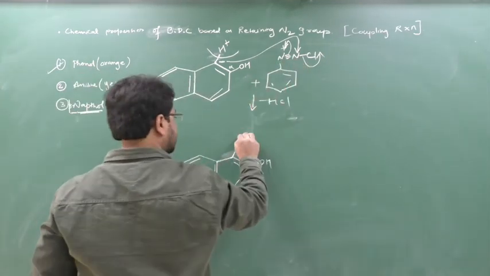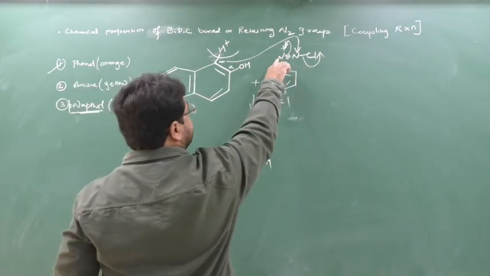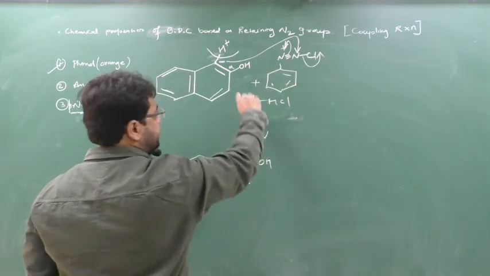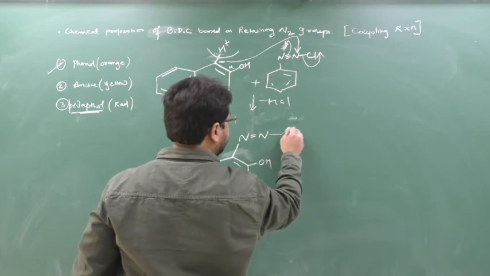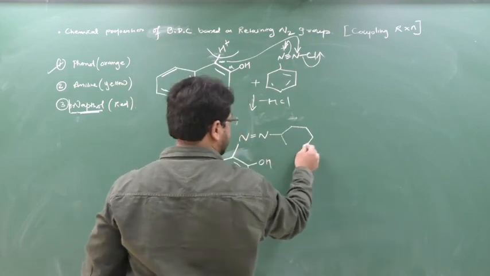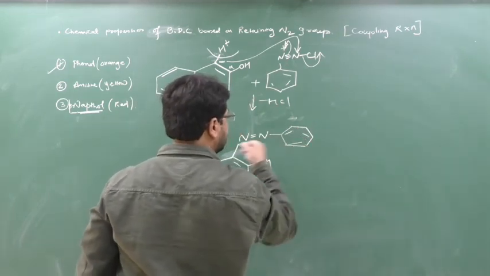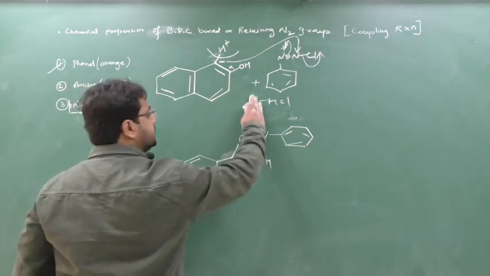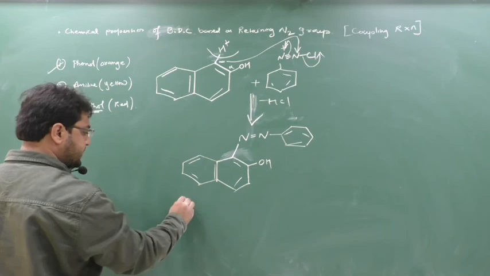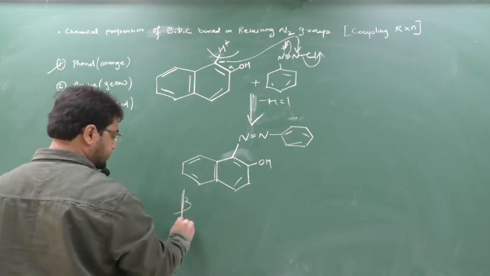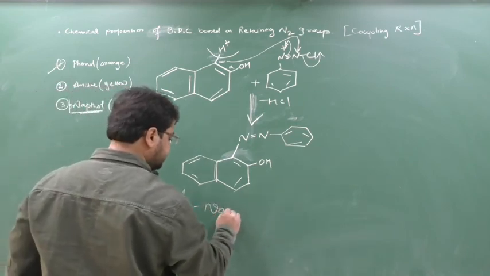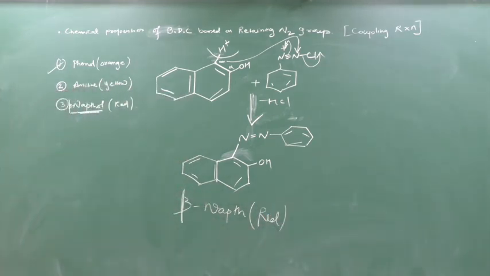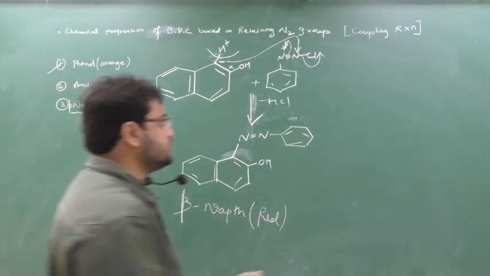This nitrogen is combined with this, but now the triple bond is going to a double bond, and with this nitrogen there is one ring. Instead of Ph you can write this ring also. So this is your beta naphthol red. This is your reaction, beta naphthol, and this dye will be a red dye. Clear this part? Now one more question.